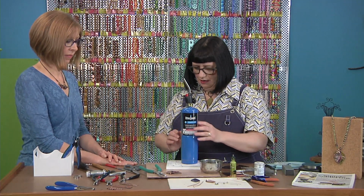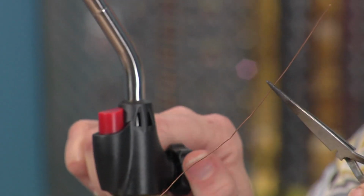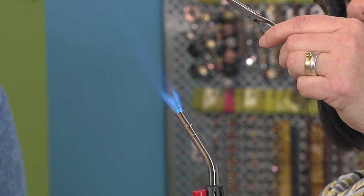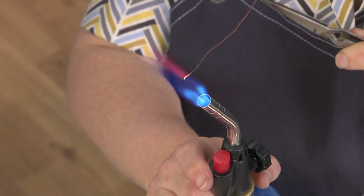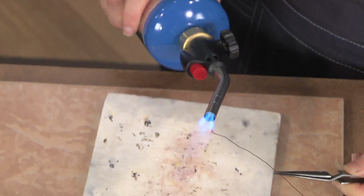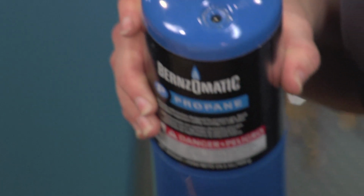And I've got my tweezers, and I'm going to hold my wire in my soldering tweezers. We'll pop on the torch. And this goes really quickly because the wire is such a thin gauge. And you can see, I'm going to get that little ball right at the end. Let's pull it down right here. There we go. And I'm going to quench that,